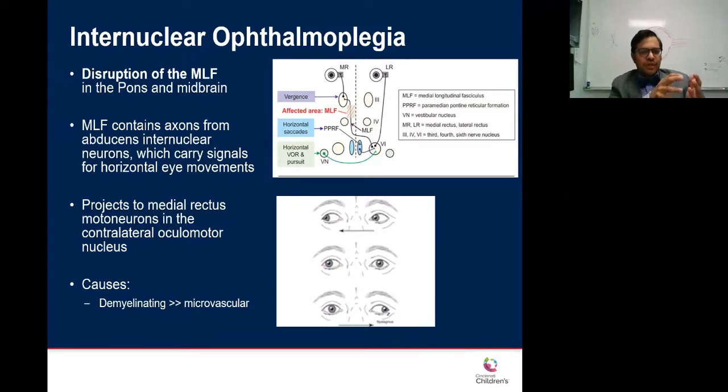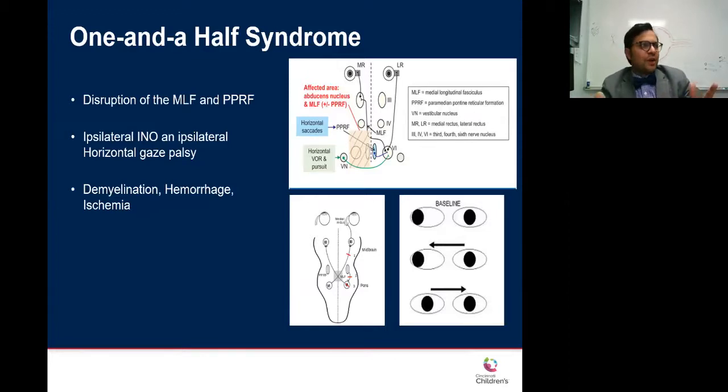Now, the most common causes are either demyelinating, which is probably more dominant, over microvascular issues. I thought I would just describe the 1.5 syndrome, which is a disruption of the medial longitudinal fasciculus, as well as the paramedian reticular formation. And what you see here is a much larger infarct or demyelination, where you're not only disrupting the MLF, but potentially the abducens nucleus, or the